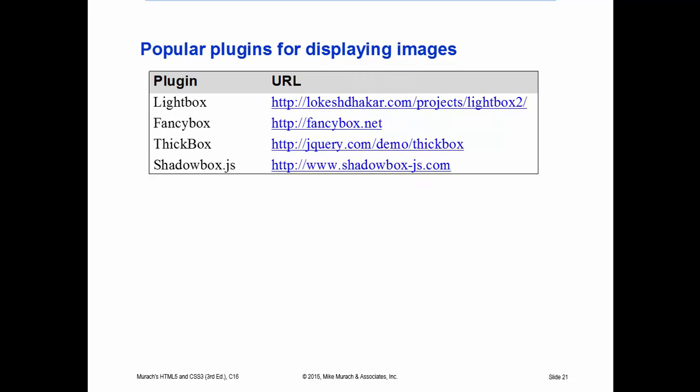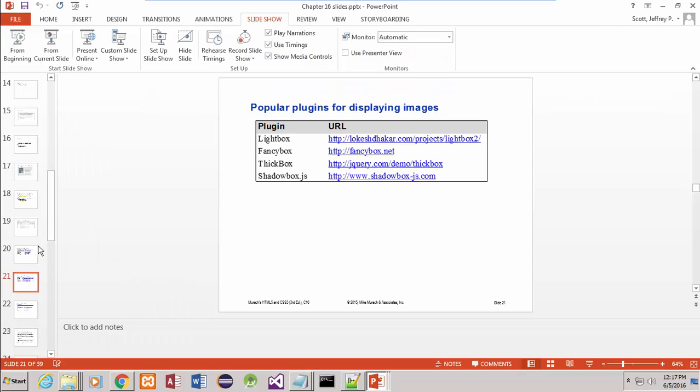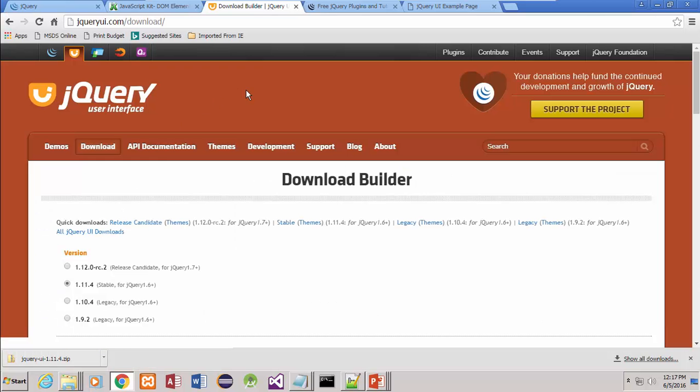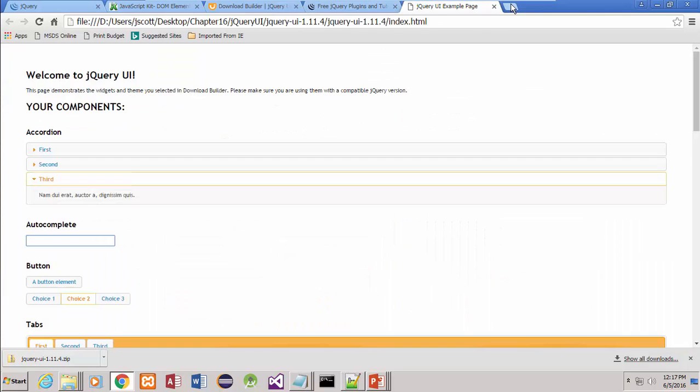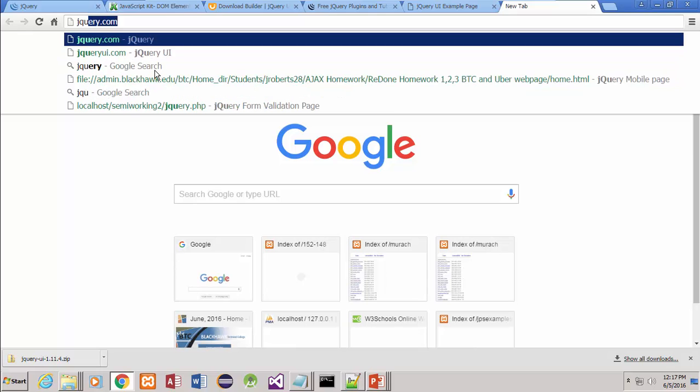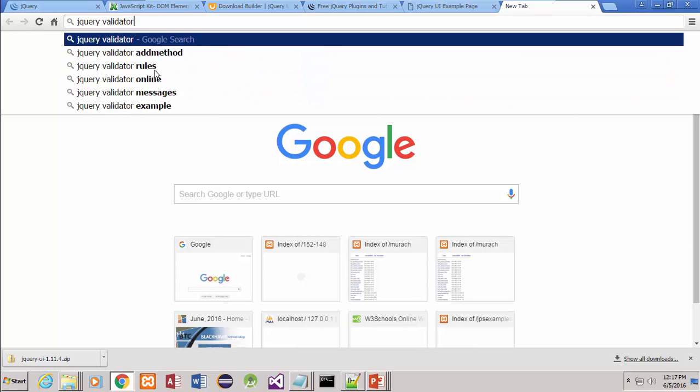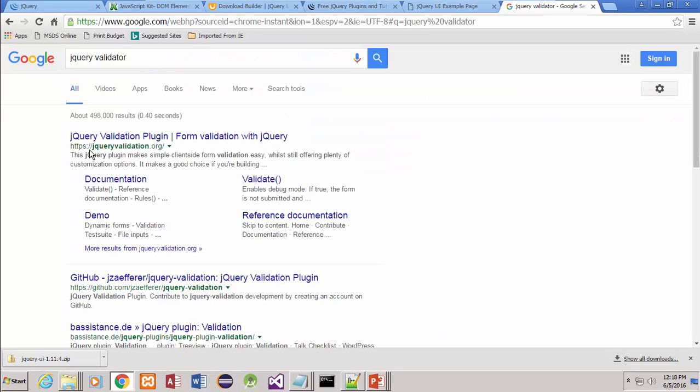I do want to mention one more thing. There's another popular plugin for displaying images. It may be mentioned in here, so I may be being a little bit premature, but I do want to mention a site that's out there, just in case it's not mentioned, because otherwise I'll forget to do so. And that is, I'm going to come in here and type in jQuery Validator. All right, and it comes out to